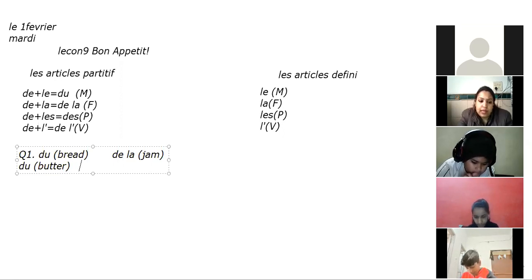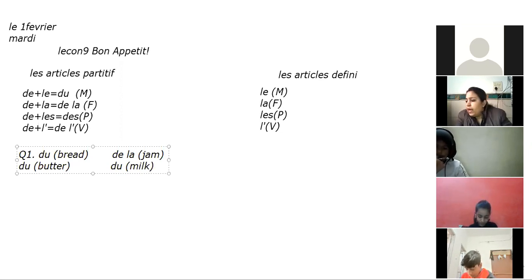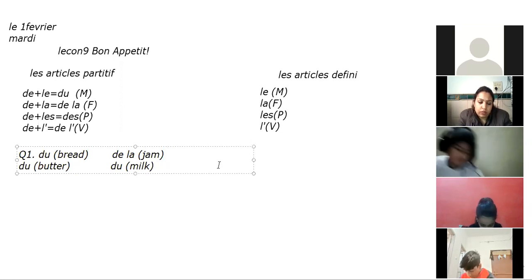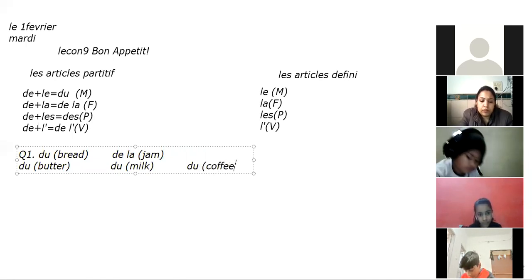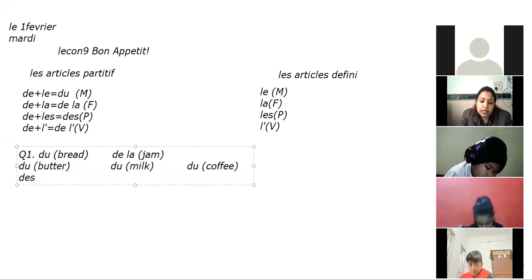Il prend dash lait. Lait is milk. Milk is masculine. Du lait. Lait is milk. Please write down along with it what this means. A dash café. Now coffee again is masculine. It will be du café, that is coffee. Next is café froid. Quelquefois il mange dash biscuit. Now you can see S is placed with the biscuit. Biscuit is only the biscuit. S is placed, so it means it is plural.